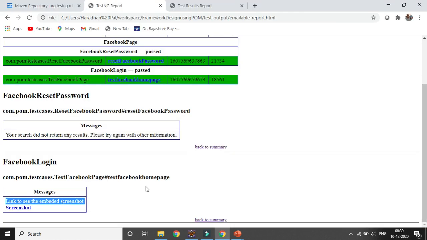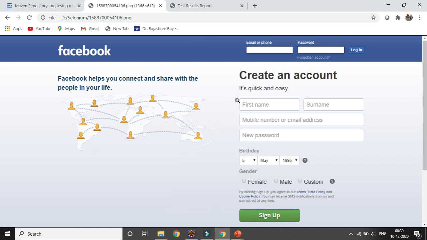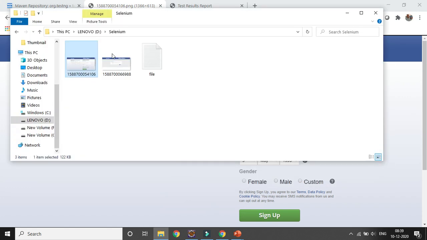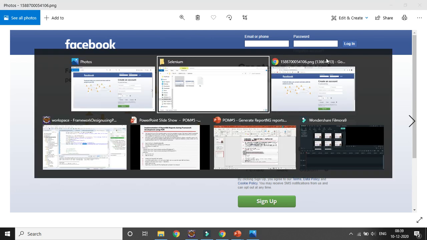So here you can see something called screenshot. If you click on the screenshot, in the same page itself the screenshot is opening, and it is matching. If you open it here also, you can see the same screenshot. So it is matching with the same screenshot.